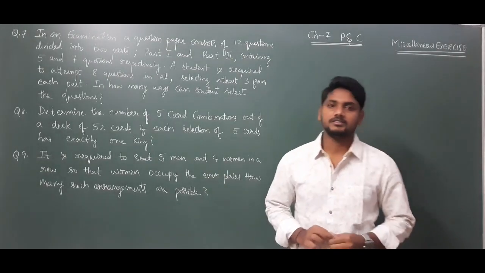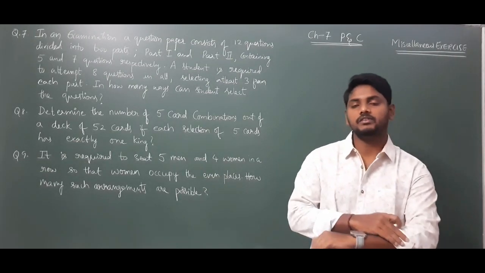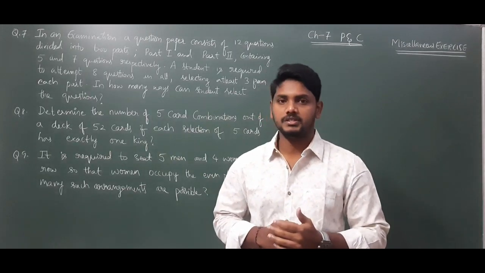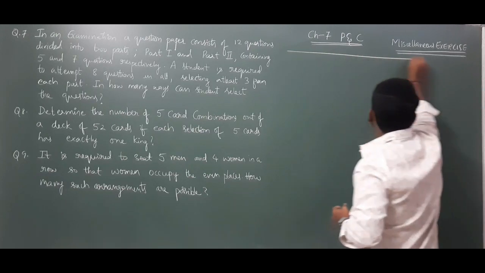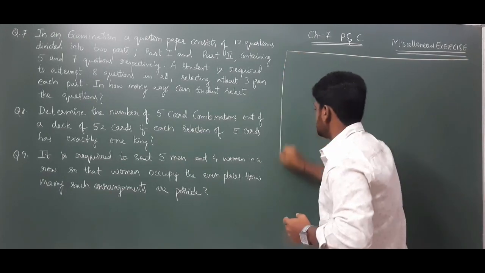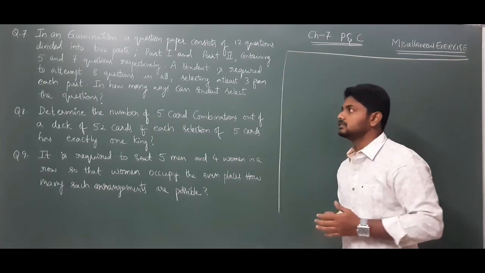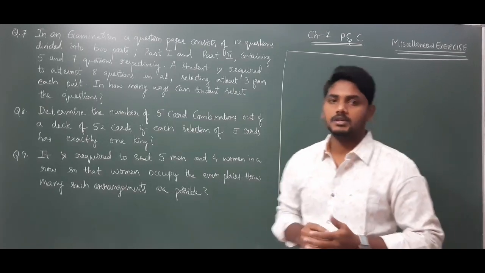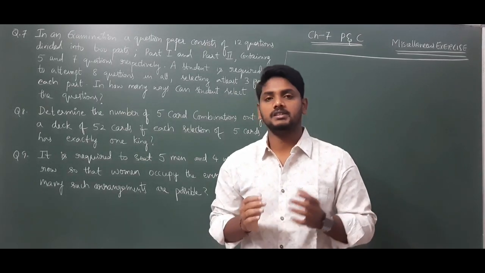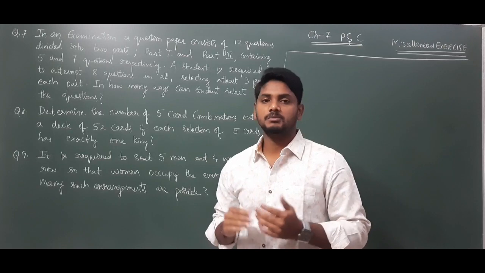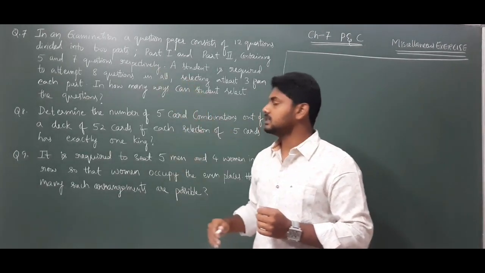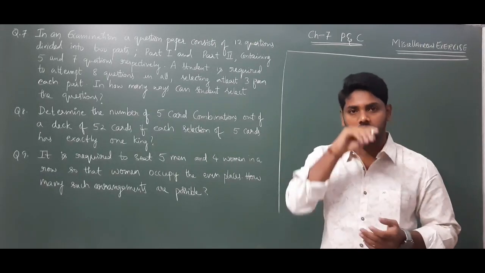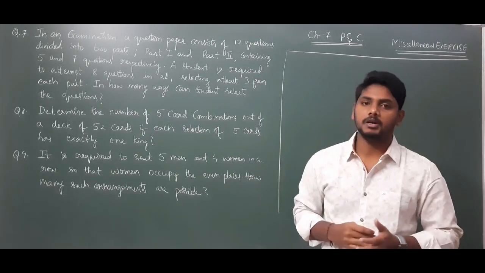Good afternoon, students. Today, in this session, we will complete the chapter on permutations and combinations by completing the miscellaneous exercise. We have already learned the first 4 problems in the previous session, and questions 5 and 6 you have done as an assignment. Now we will start with question number 7 and end with question number 11, so this chapter will be completed.